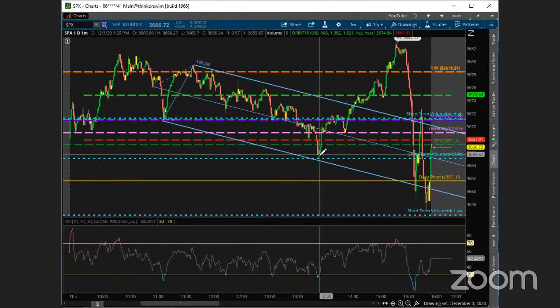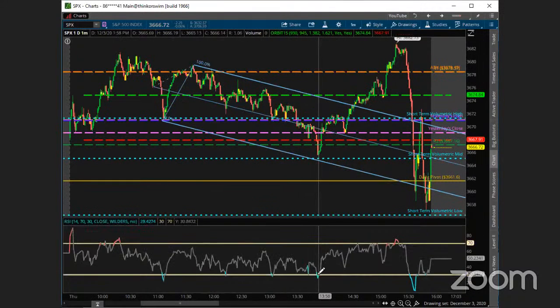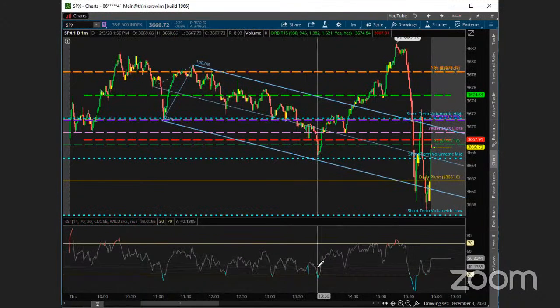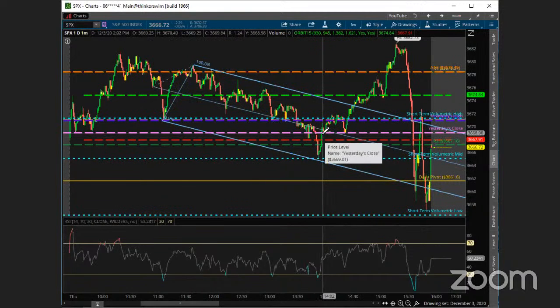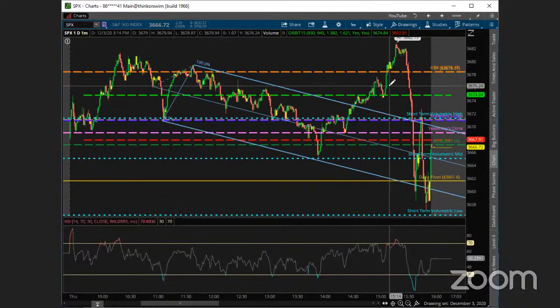And that's exactly what happened here. You can see we got oversold here on the 30, 30 to 70. We hit those levels. And once we started to cross back up, that's a good indication that this thing might be ready to at least move up to the median line. And it did, it came back up, retested it, and then continued to go.